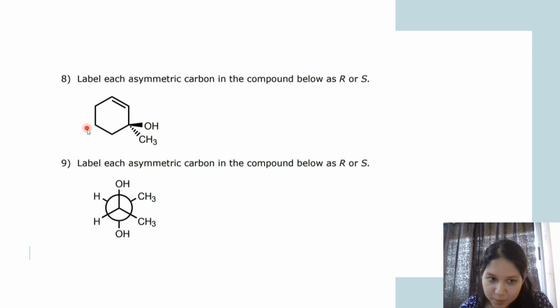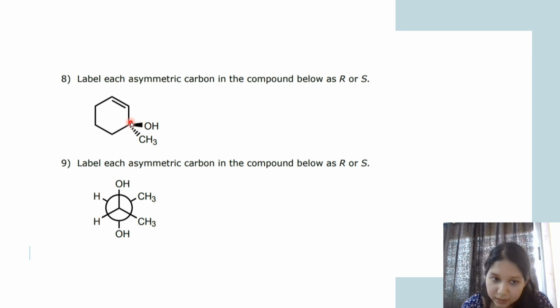So if we look at this molecule, we have only one chiral center or asymmetric center because this carbon is attached to 4 different substituents. So now we have to assign the configuration. Which substituent will be given the first priority? Following the atomic number rules, this will be given the first priority, isn't it? This is oxygen, so this will be of the first priority,